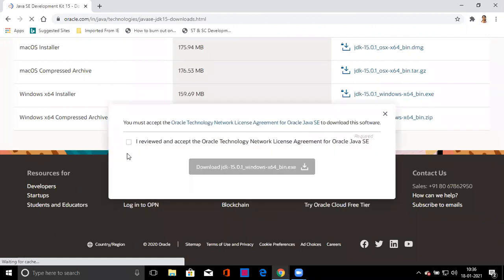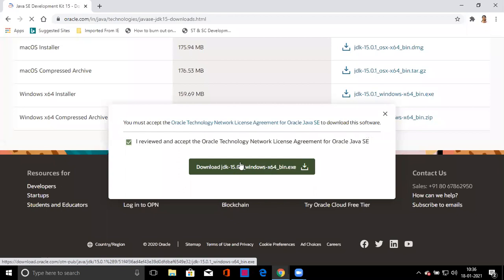Here it will show one checkbox. You have to click here and download the 15.0.1 Windows 64 bin .exe file, your Java software file will be downloaded. After that, you have to click the next button and Java will be installed.